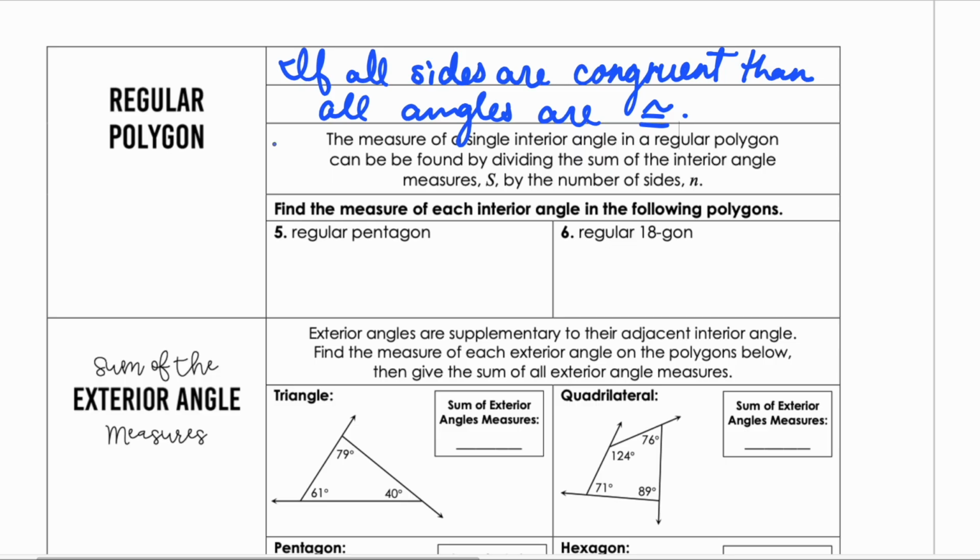Okay, so for example, if I have a hexagon, it has 6 sides, and if it's